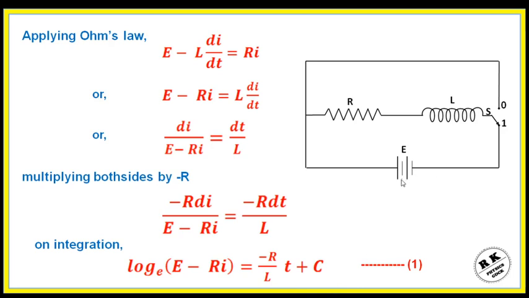At the beginning, that is when time t is equal to 0, there was no current in the circuit. So when t is equal to 0, I also becomes 0. If we substitute those two values in this equation, the first term of the RHS becomes 0, 0 plus C is equal to